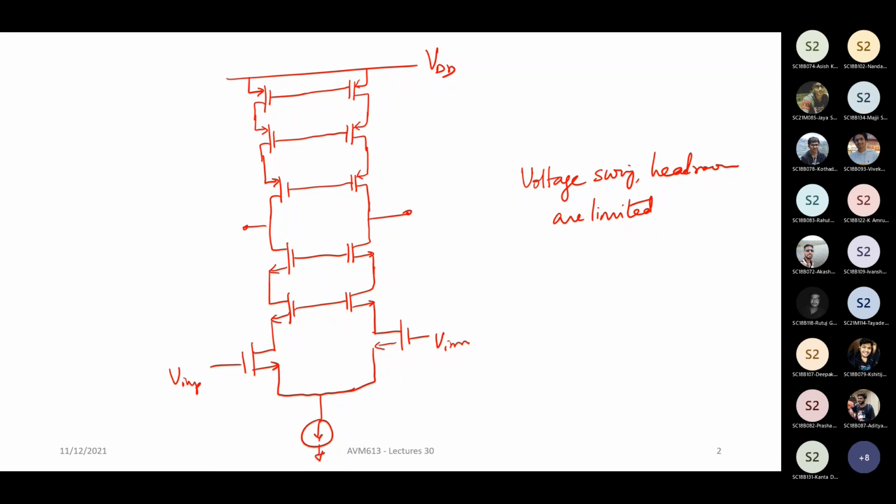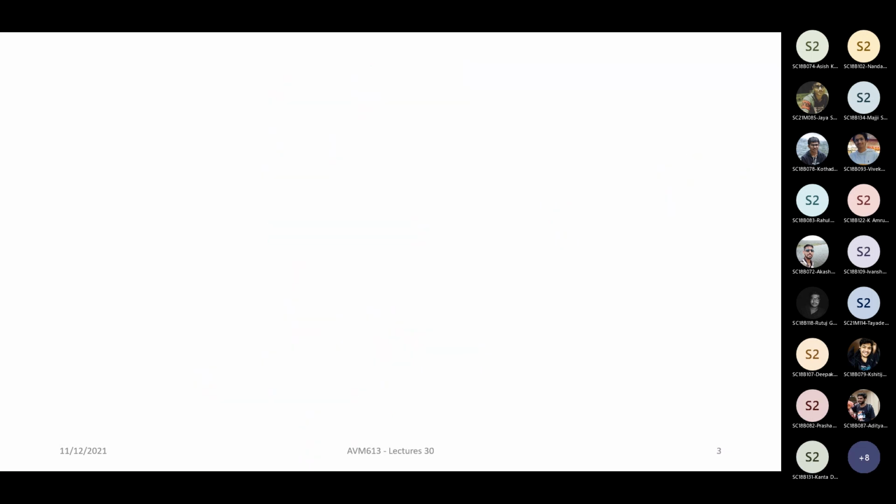I mean, the voltages swing around. But when you come to deep submicron processes, let's say a 180 nanometer technology node, or 130, 65, and so on, when you bring the supply voltage to 1.8, 1.2, 1 volt, you really don't have any headroom for the transistors here. So you cannot use this at these advanced technology nodes. There is another technique which is used, called gain boosting.